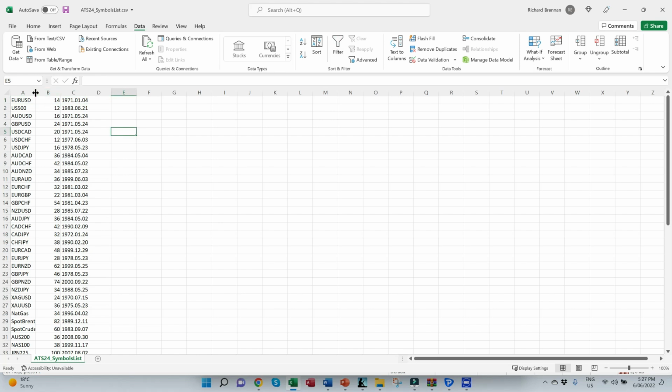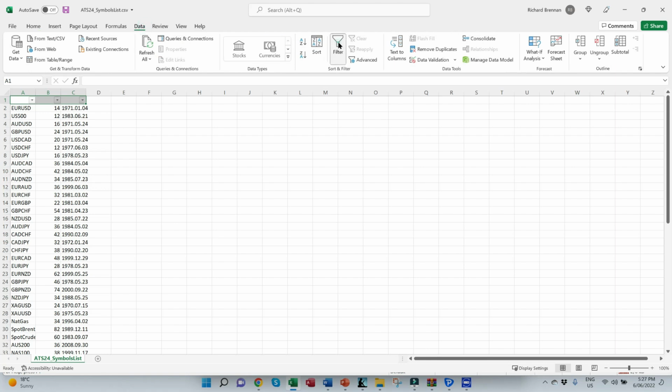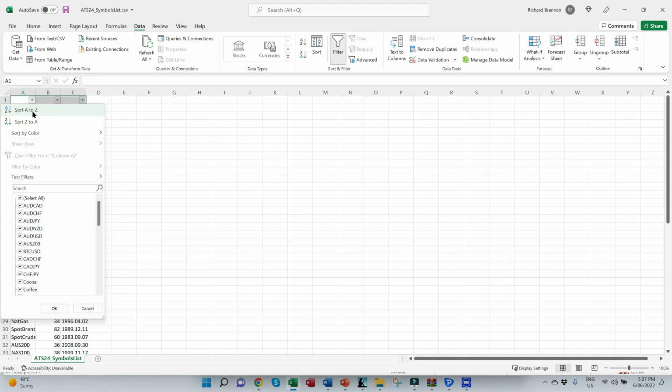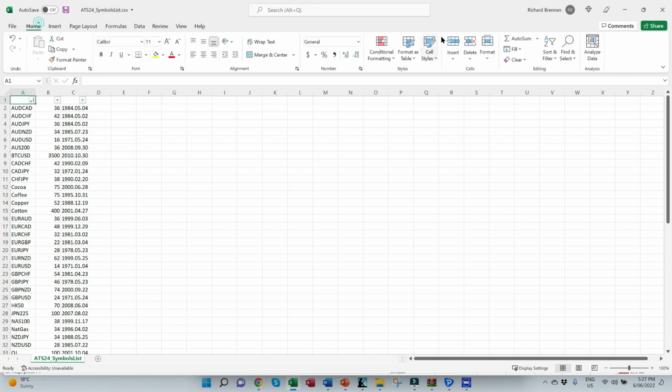So to do that, I'm just going to insert a row here. I'm going to highlight these columns that incorporate all of the columns of data. I'm going to select my filter, and I'm now going to sort it in alphabetical order from A to Z. So I've now resorted that entire listing in alphabetical order. I'm happy with that. Now what I want to do is delete that row,